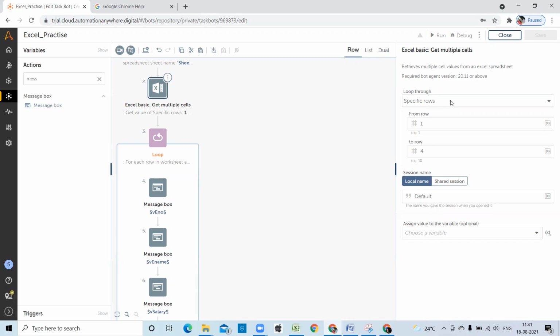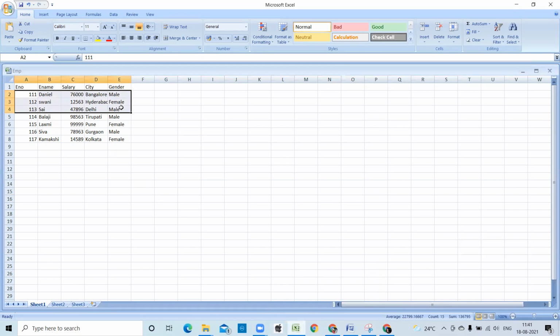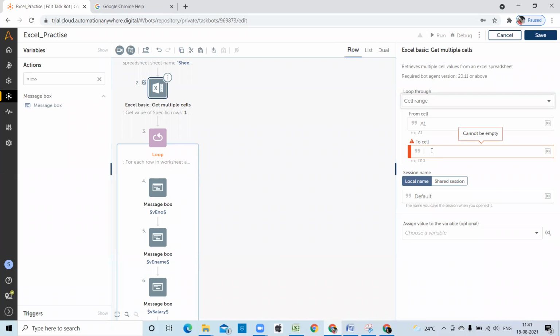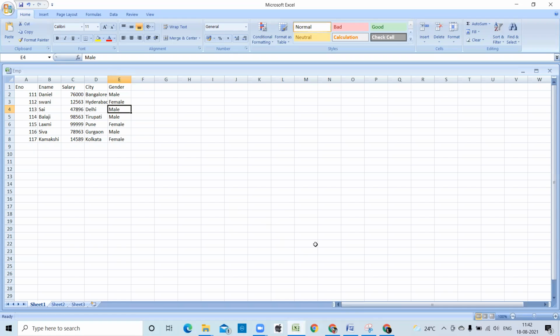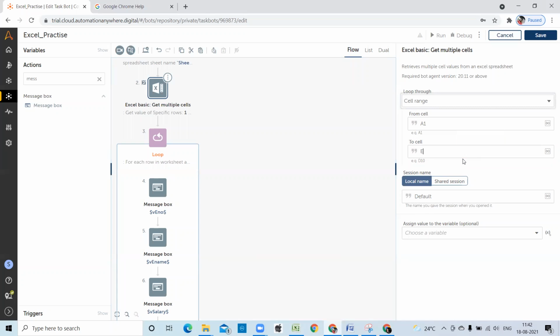So this is nothing but specific rows. Now I'm going here, cell range. Cell range means I'm giving A1 to E4. Now I'm going to the loop.